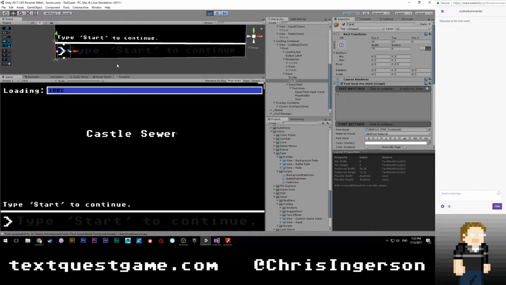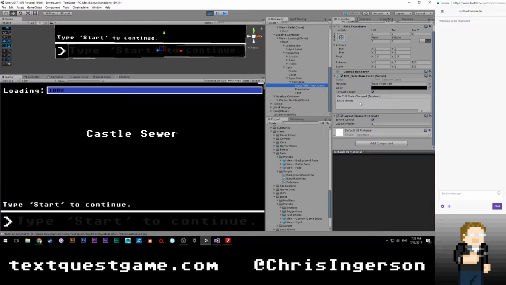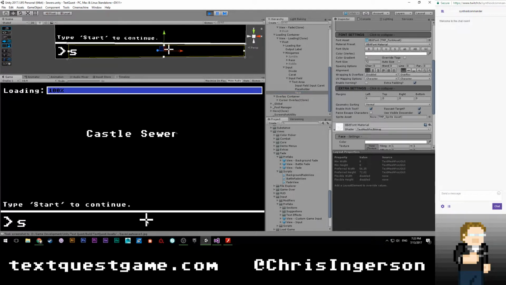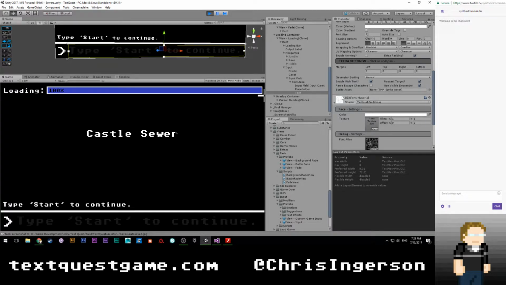There has to be something in front of this menu that's preventing me from raycasting it. I don't know what could be doing that. Are these not set to be raycastable? Yeah, right there, raycast target. Extra settings. Raycast target on the placeholder, raycast target on the regular text. If I hit enter and start typing, okay, so now I can't click on it no matter what. This is interesting. What could be doing this?